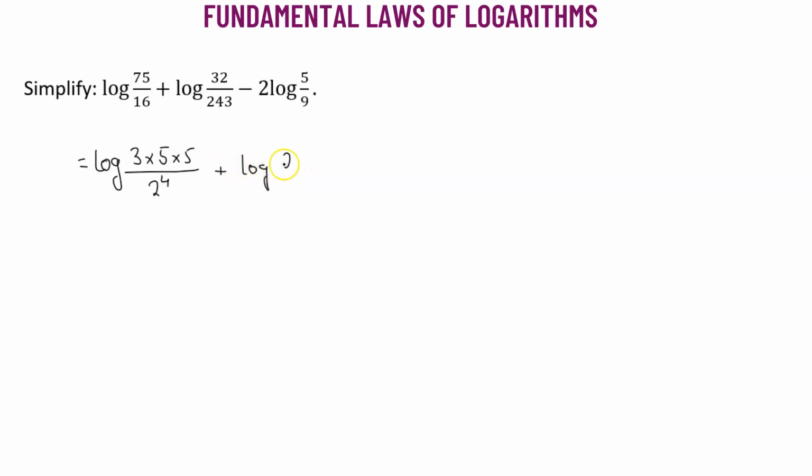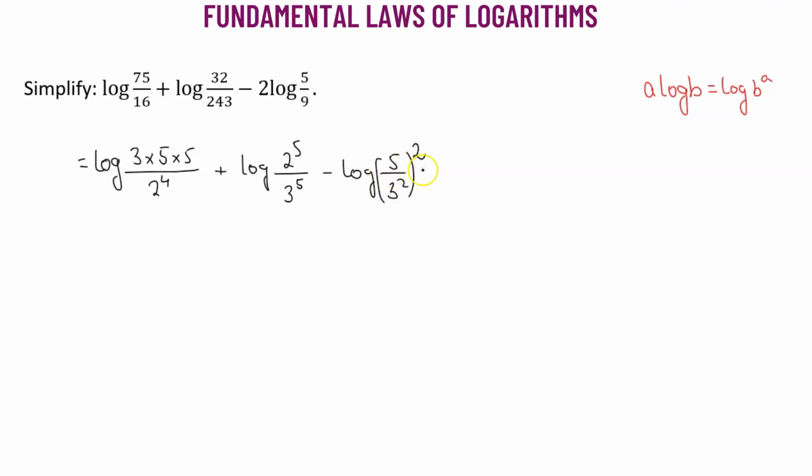So 32 will be 2 raised to the power of 5, divided by 243, which is 3 raised to the power of 5. Now we'll use the property of logarithm. If we have a times log of b, this is the same as log of b raised to the power of a. So we will get negative log of 5 over 9, which is 3 squared, whole raised to